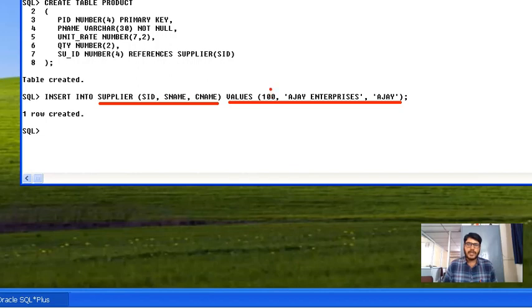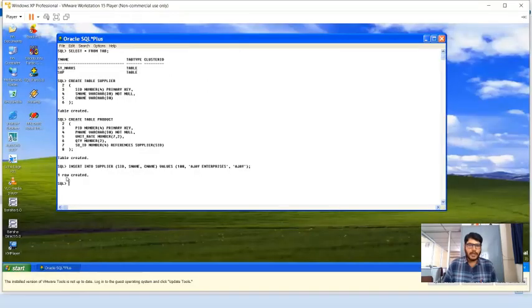So you can observe here I have inserted first record as Ajay Enterprises, and ID I'm going to use is 100. So now let me insert one more record here very quickly. Let me copy the above statement here, and let me make a change in supplier ID as 101, because I cannot insert duplicate value because supplier ID has been marked as a primary key. It will not accept duplicate values.